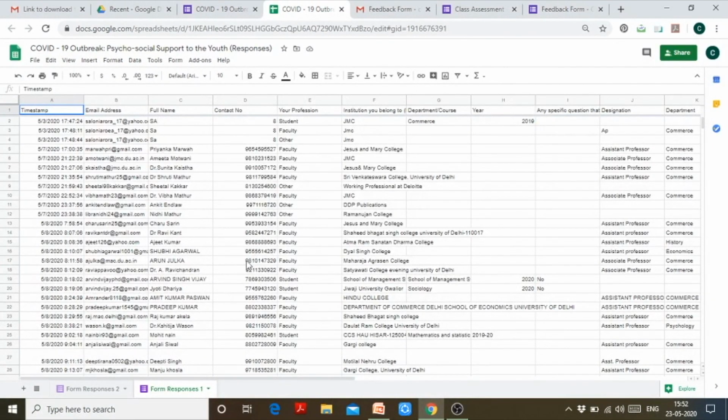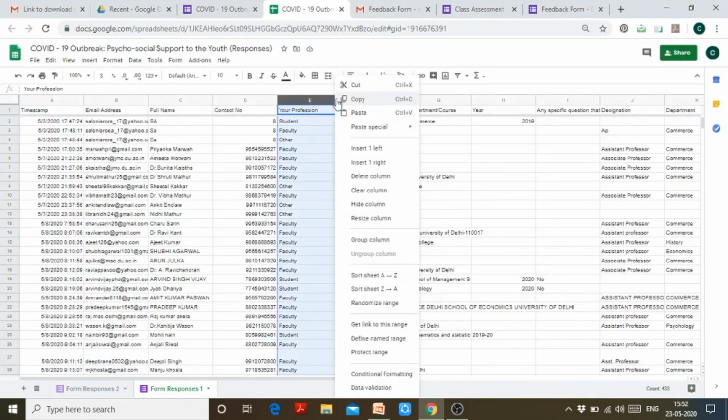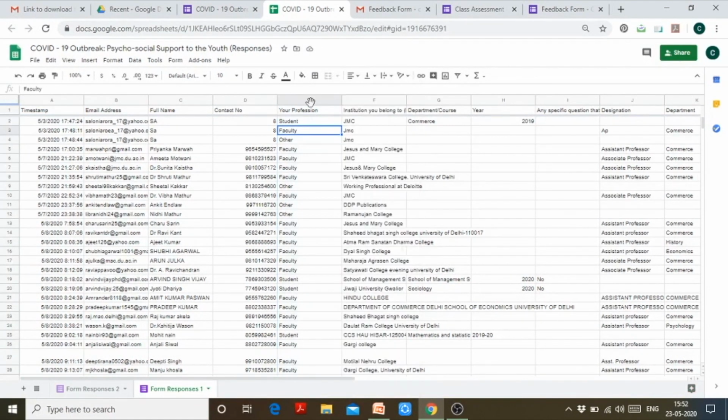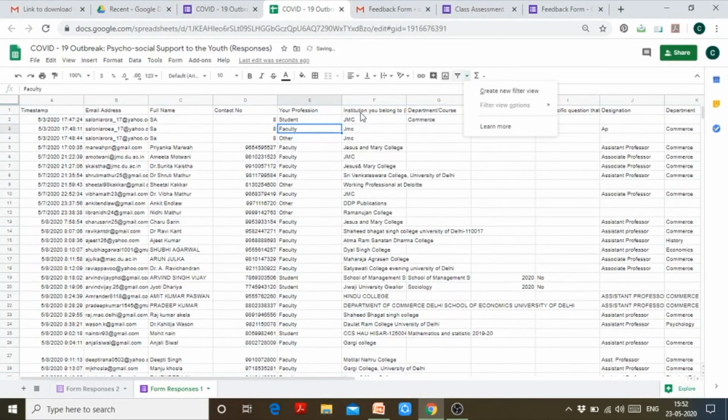Whatever filter you want to put in, you can put here. Let's say I want to segregate the data according to the profession, right? I'll just click on it and put a filter here. Filter, create new filter.